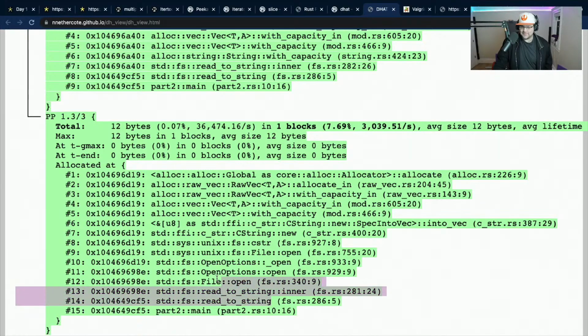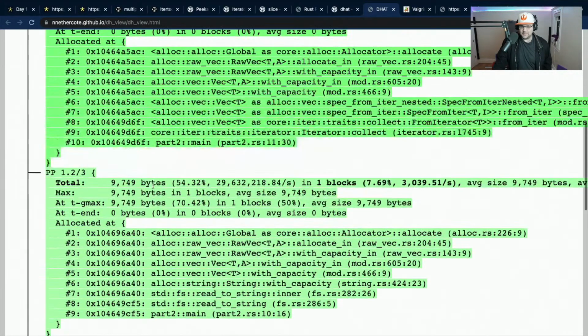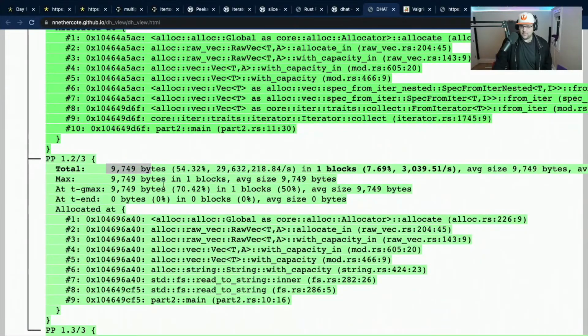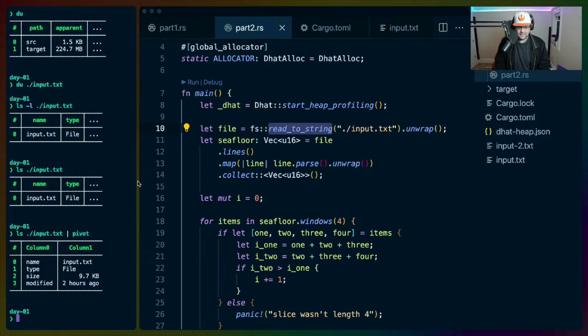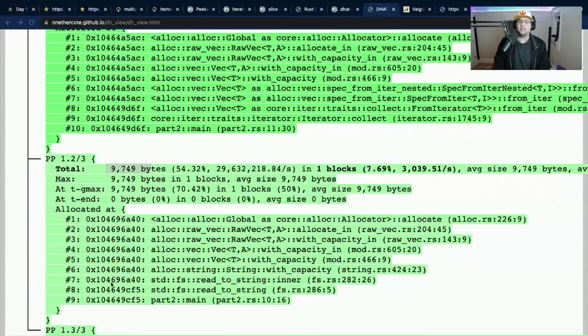This first thing that happens, this read to string, allocates 12 bytes. And then we get 9749. Is that exactly? That is exactly the file size. We actually can look at the allocation and match it exactly to what's actually happening.